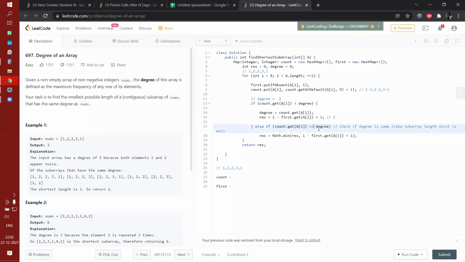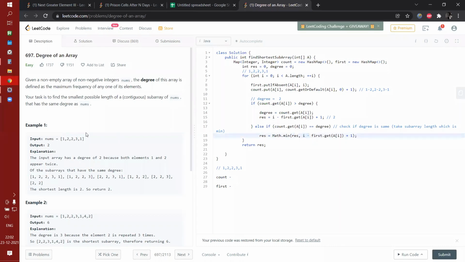The degree is equal. Now we need to calculate the minimum subarray length. How will you do it? You will take the minimum of res comma the subarray which has one, this subarray. How will you calculate the length?